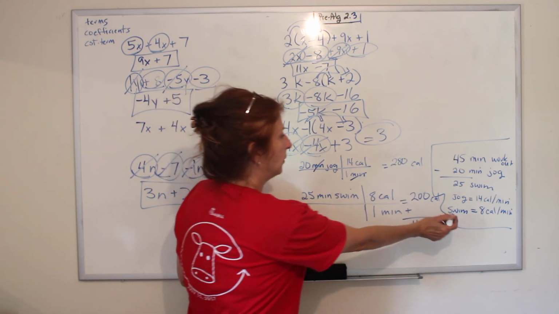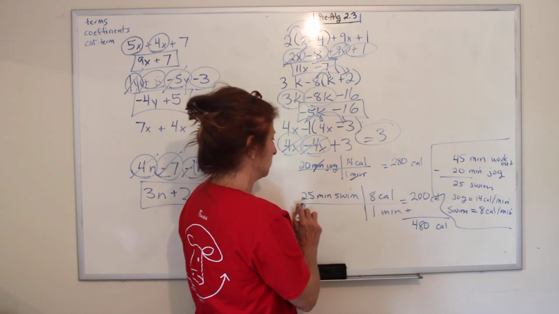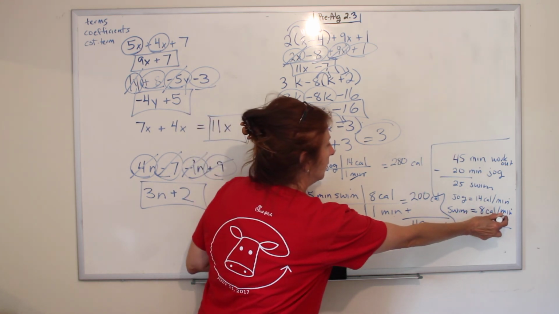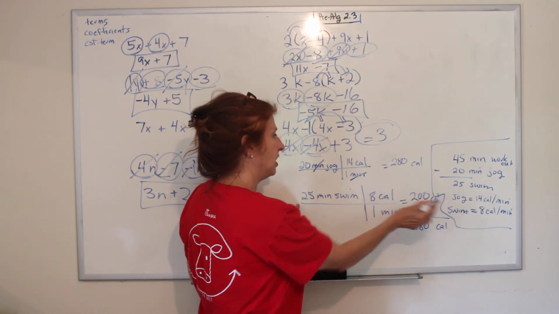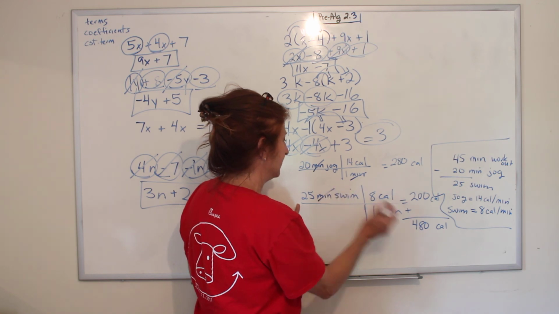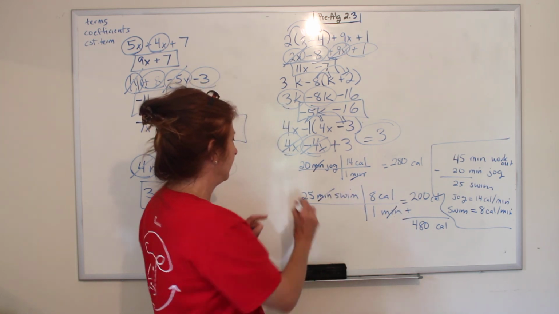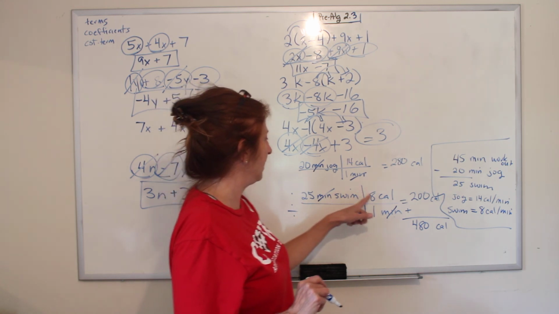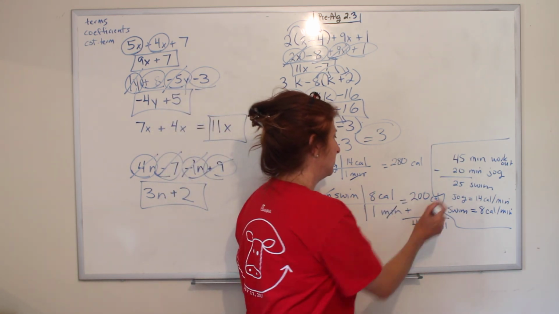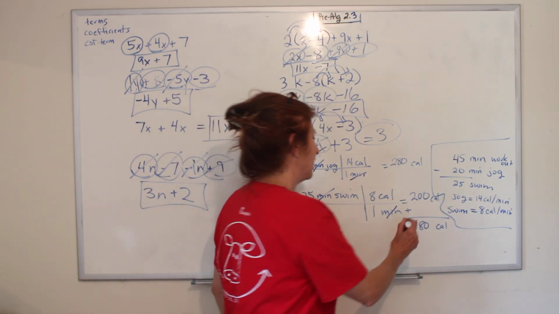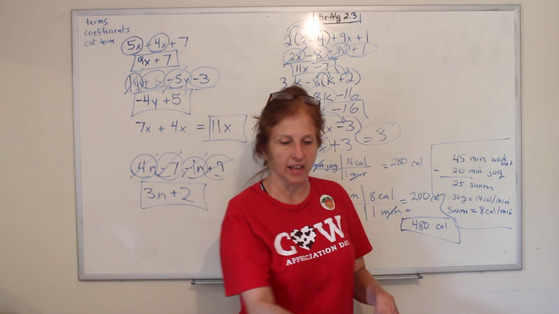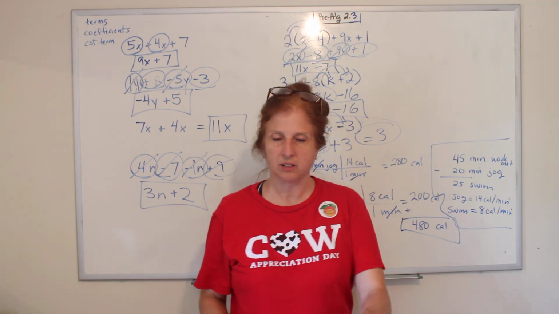And then 25 minutes swimming is what I know. I put minutes on the bottom from here. The 8 calories on top from there. Minutes cancel out. Anything on top is multiplied, anything on bottom is divided. 25 times 8 divided by 1 is 200 calories. How many calories did I burn altogether? 480. Somehow I doubt that. That's like 2 Snickers bars. I don't think I burned that